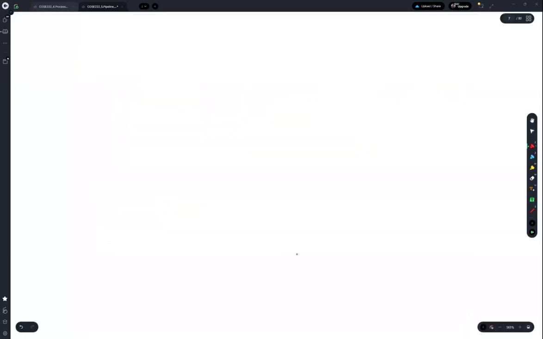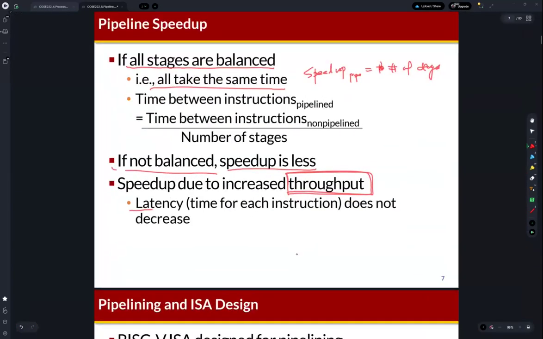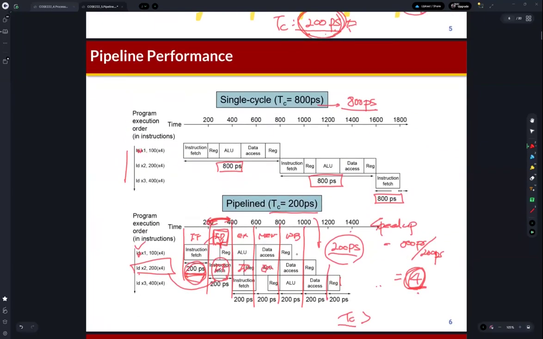So actually the latency is the same, or the latency can be increased. Think about this example. In order to perform one load instruction, the single cycle processor takes 800 picoseconds, right? Which means the latency of a single load instruction is 800 picoseconds. But in the pipeline architecture, in order to perform a single load instruction, it takes 1000 picoseconds, right? So you can think that the load instruction is complete at this time, but actually,